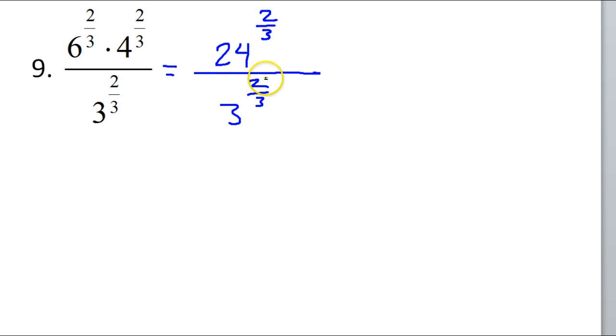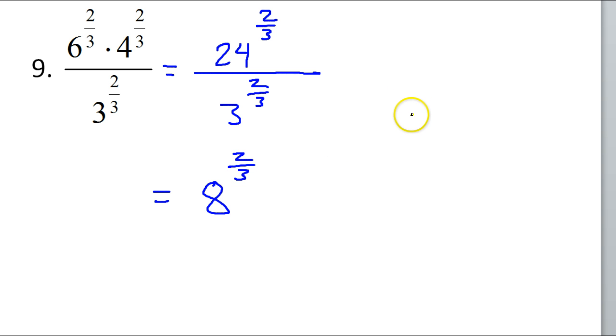Again, since these exponents are the same, I can do the bases. And now I'm talking about dividing. 24 divided by 3 is 8. So I'll have 8 to the 2/3 power. Okay, now it's time to talk about something we haven't really talked about yet today. When you have a fractional exponent like this,